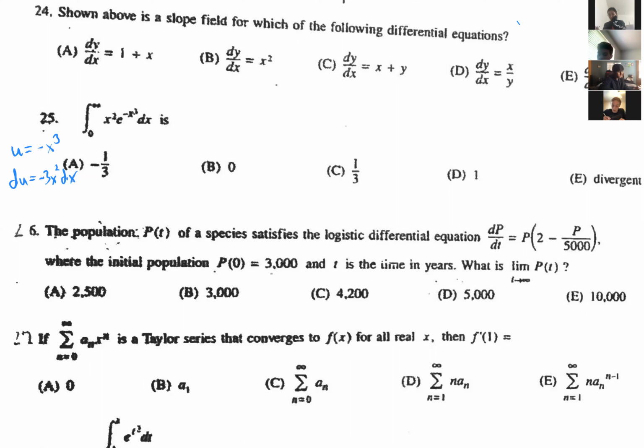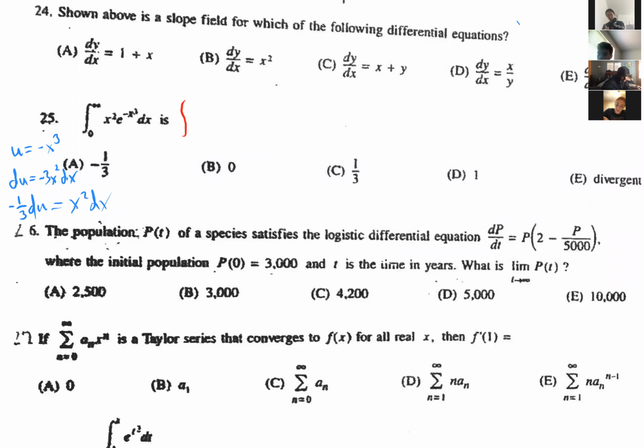And to get rid of the negative 3, which I don't need, I'm going to multiply both sides by negative 1/3. So I can rewrite this integral as the integral of